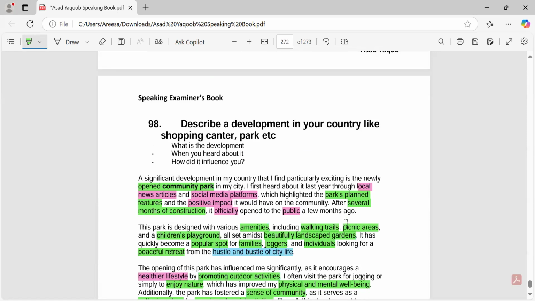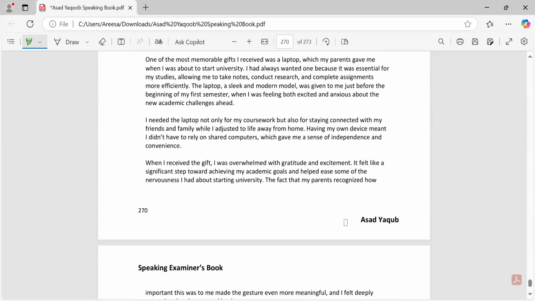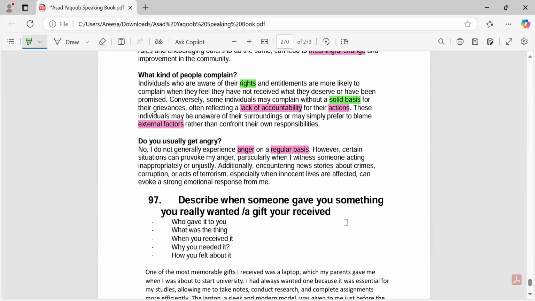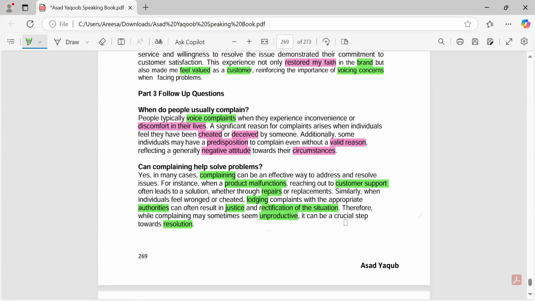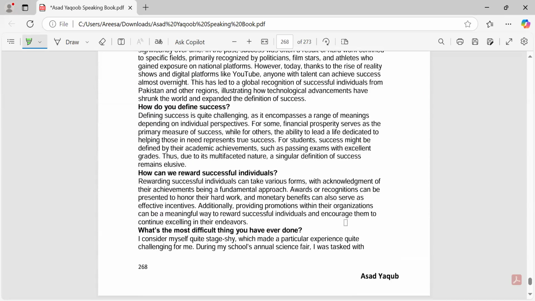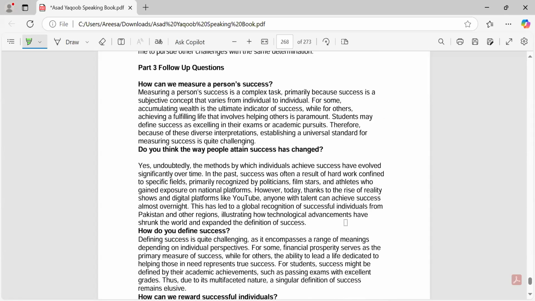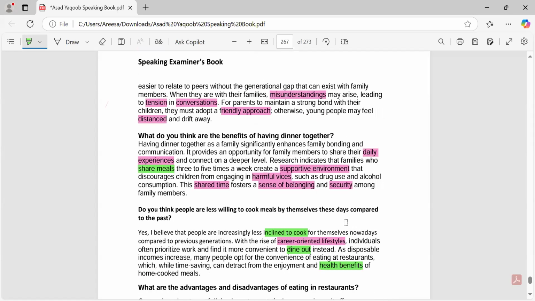Sometimes I found it difficult to describe a park, so I started this topic from the last, and then I highlighted. Gift is a very easy topic for me because I can describe it easily. Another topic was complaint. I just want to know which type of things we can describe. So these are the things you can do, and you can just do one topic every day. When you do the next topic, just read the answers and highlight certain words which are topic relevant. Like if a topic is about a park, try to highlight certain words which you can describe, and try to revise those words. And not just words, try to use them in your daily routine when you practice similar to that topic.